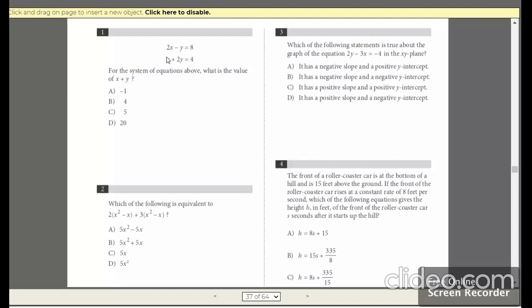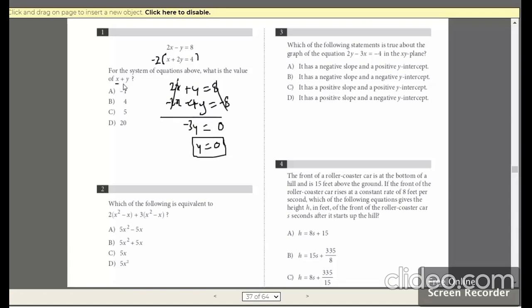In order to eliminate, I need the coefficient of x or y to be equal. So I'm going to multiply this with -2. So what happens, let's just see here. So this will reduce to -2x, -4y and -8. Upon adding now, this cancels out and 4y minus this will give me 3y. So basically my y is 0.